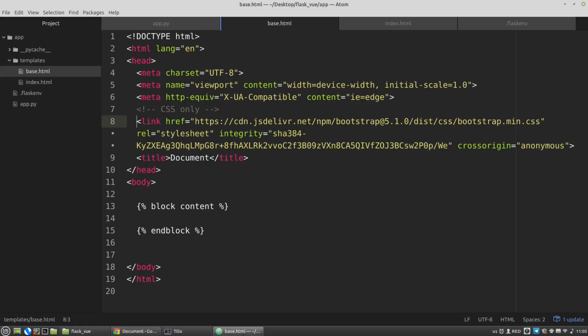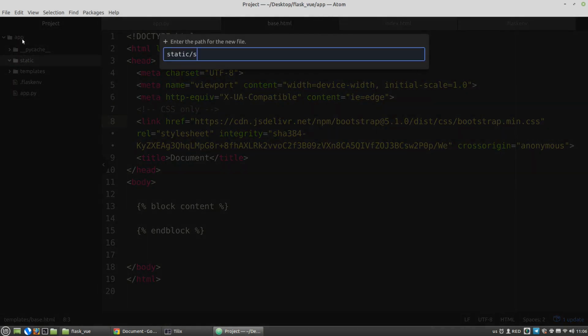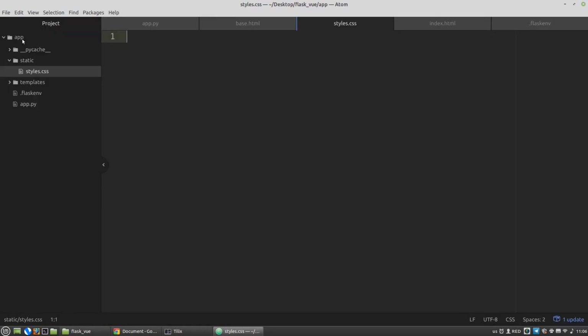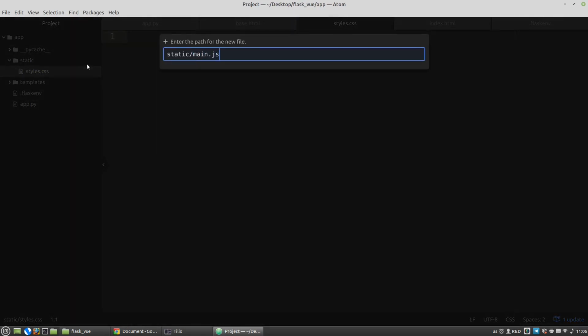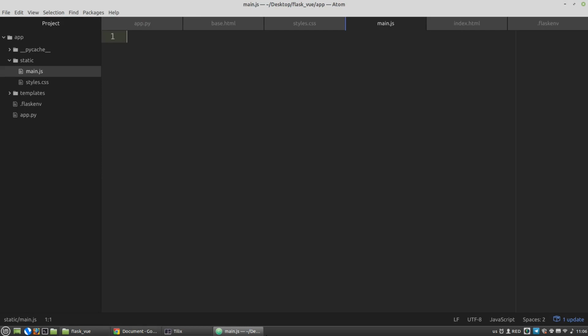Okay. Now I want to create the static folder next to the templates folder. And this static folder will store my CSS and JS files. So let's create the styles.css inside it, and main.js. To be sure that they are linked to the project successfully, I want to add to the styles.css